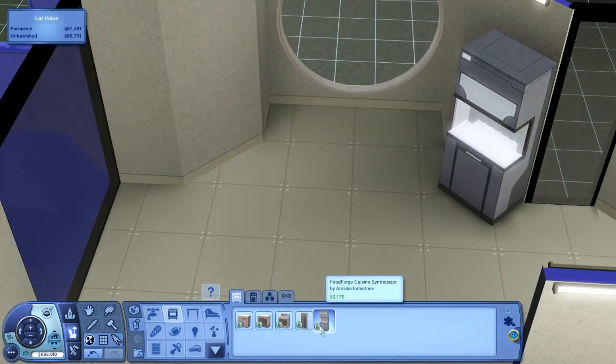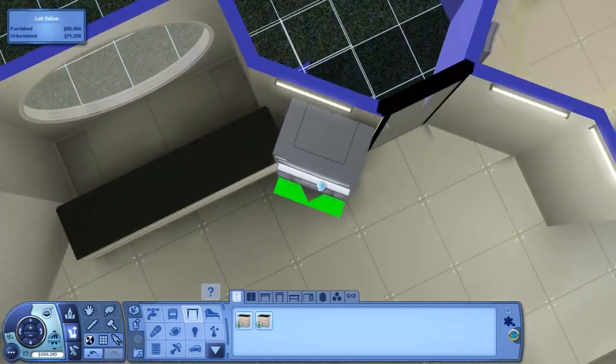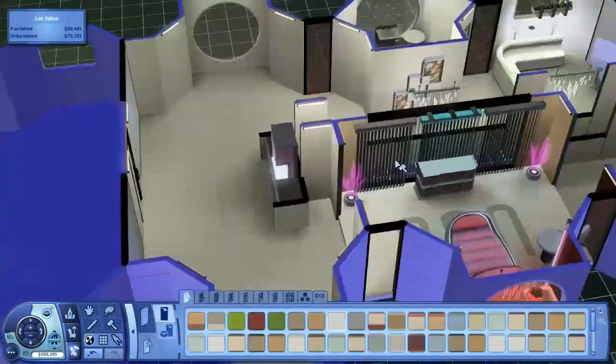And here is where I'm deciding where to put the kitchen. Of course, the kitchen doesn't really need a kitchen. It's basically just a food synthesizer and a drink synthesizer. And that's pretty much all you need. Although,